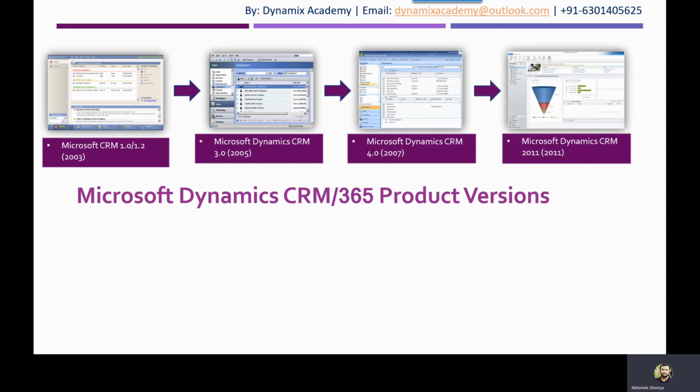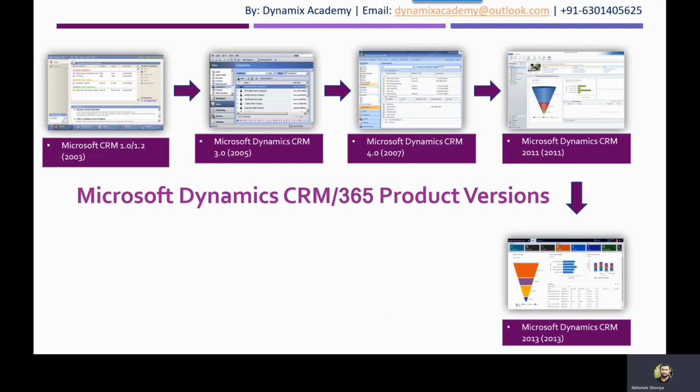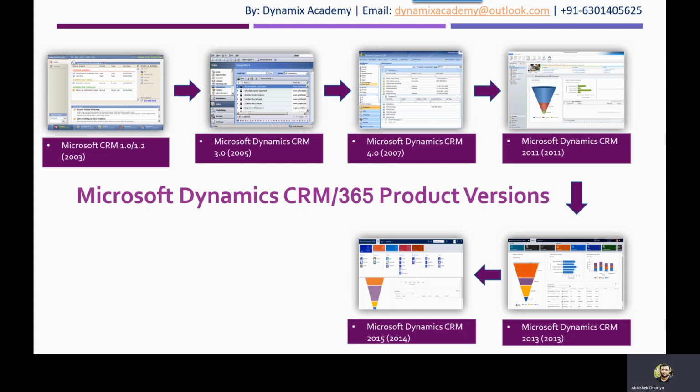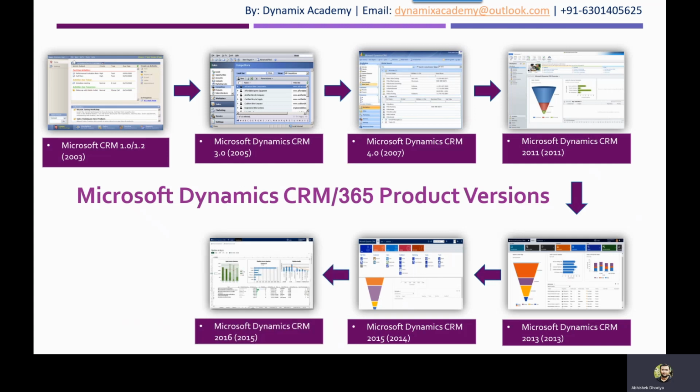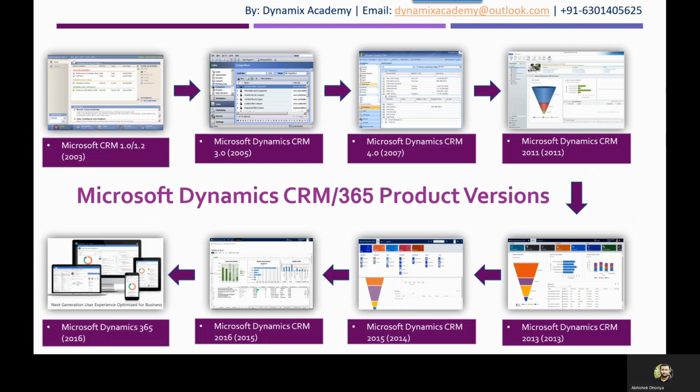After that, in the year 2011, Microsoft released Microsoft Dynamics CRM 2011, and then a new version was launched in the year 2013 called Microsoft Dynamics CRM 2013. In the last quarter of 2014, Microsoft released another version of that product called Microsoft Dynamics CRM 2015, and then in 2015, Microsoft launched its new version called Microsoft Dynamics CRM 2016, and after CRM 2016, Microsoft has